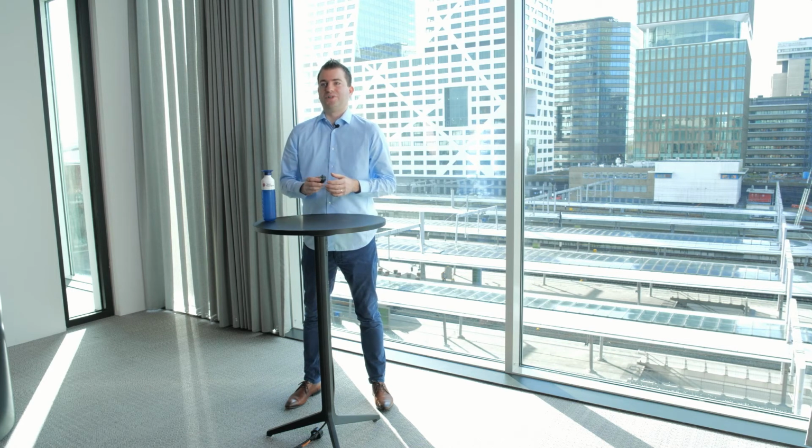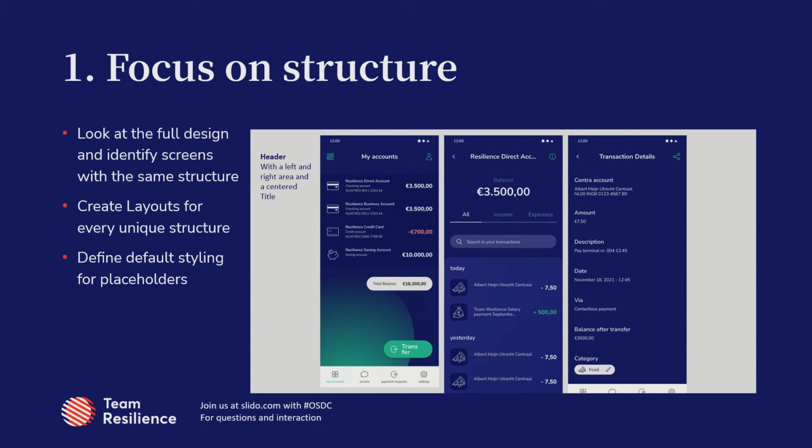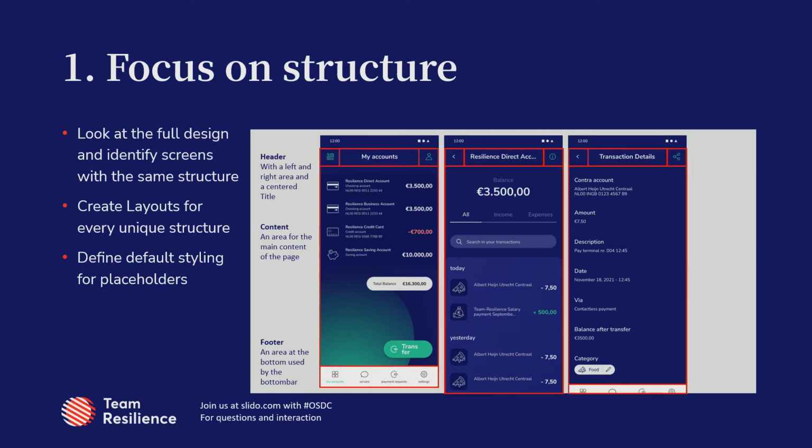So in this example, for example, if we look at the three screens that I shared here, they clearly have a header identified. So we have a header with a title and some icons. Then there's a content area. So in the middle of the page, there's content that the content itself differs a lot. But the bottom area in the footer where you see the menu is the same for all three of these screens. So actually the middle one, you don't see it on the screenshot, but believe me, the bottom bar is there at the bottom. So try to really look at the structure of these pages